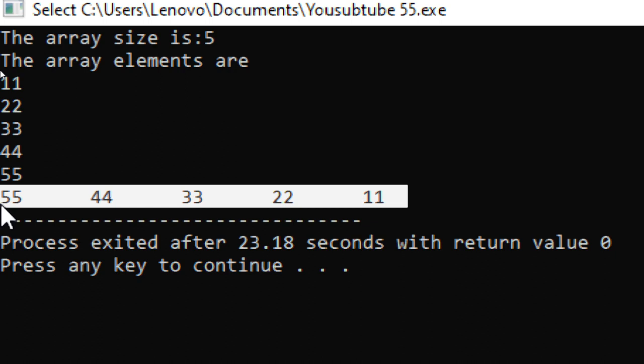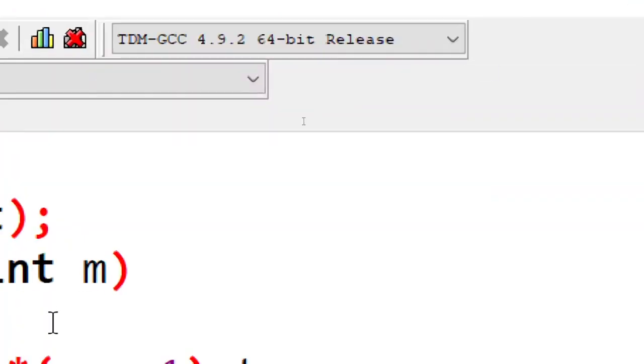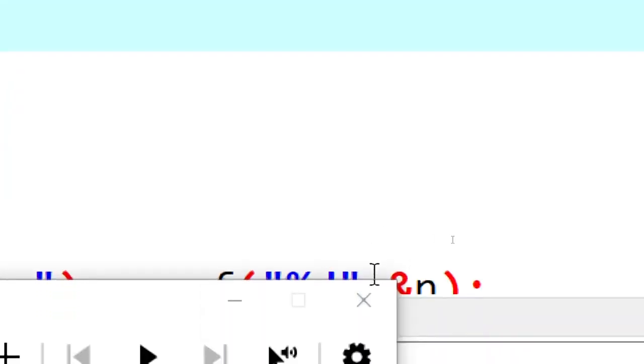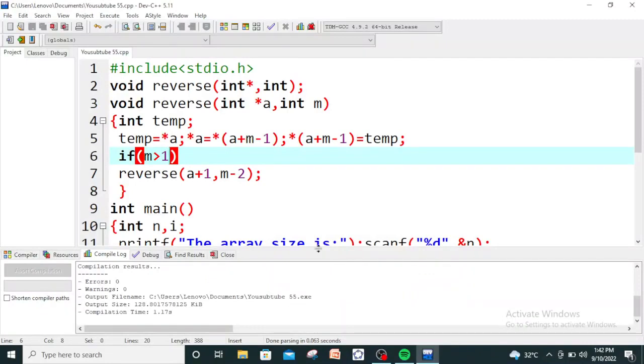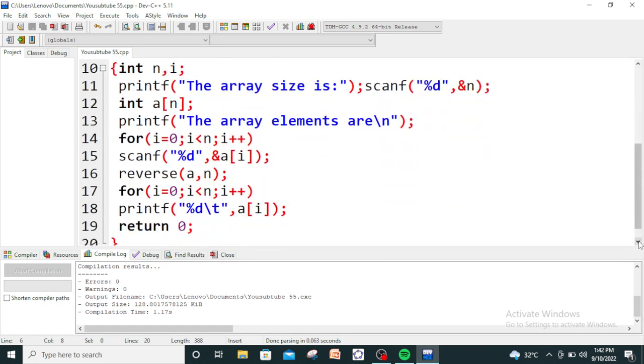I have modified this program 2 times, so I am going to show the entire program again. And here is the entire program. You see, this is the upper half of this program, and here is the lower half of this program. So in this way you see the total program to reverse the elements of